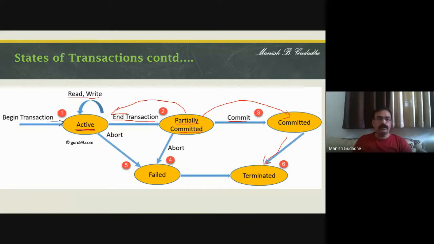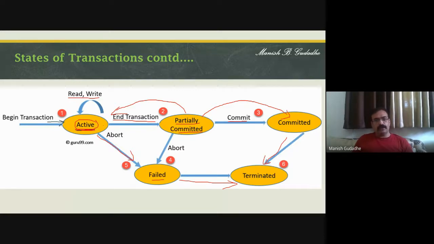It's not always true. Sometimes the transaction becomes active and doesn't reach the end state. So at that moment, we are going to abort the transaction as failed and terminate it, and at that moment, whatever temporary changes are done will be undone, will be rolled back.